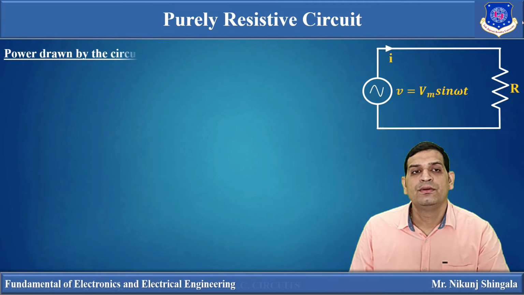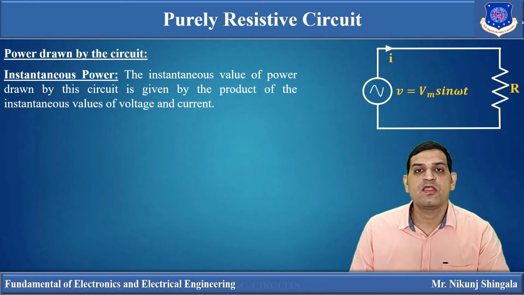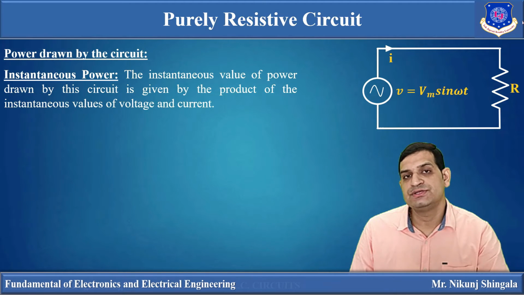Now, the power drawn by this circuit. There are two types of power, instantaneous power and average power. The instantaneous value of the power drawn by the circuit is given by the product of the instantaneous value of voltage and current. So the simple definition of instantaneous power is the product of instantaneous voltage and current. So we can write P is equal to V into I, where V is the applied